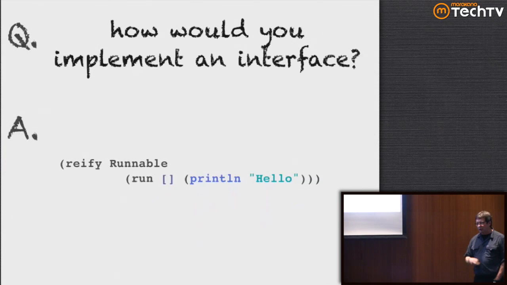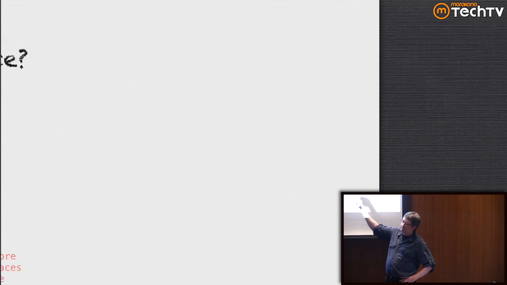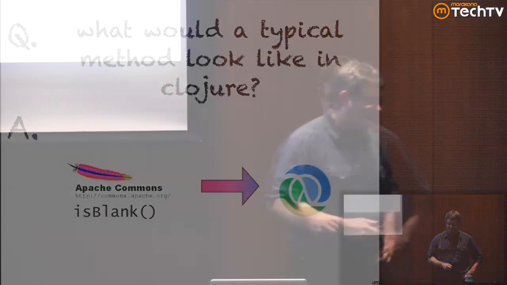So as I said, you can get to all the pieces of Java. So for example, let's say you wanted to implement an interface from the Java world. That's easy. There's a function in there called reify. You give it a Java interface, and now you can have method bodies down here. What does Runnable look like? It takes a single run method that takes no parameters. There's a single run method with no parameters. There's the body of the method. If this interface defined multiple method signatures, then I can have multiple bodies down here with multiple methods, each one with parameter signatures.